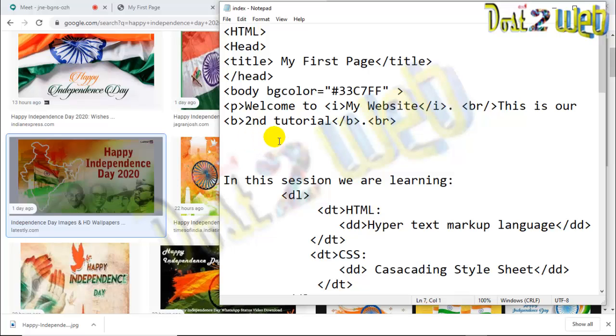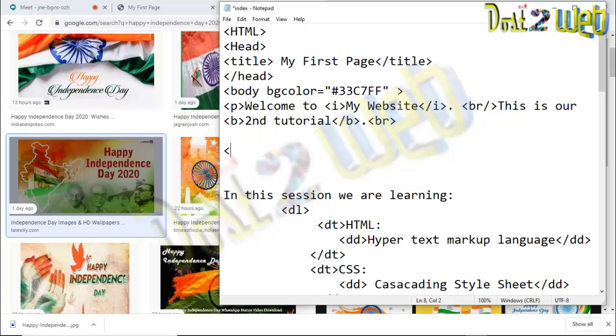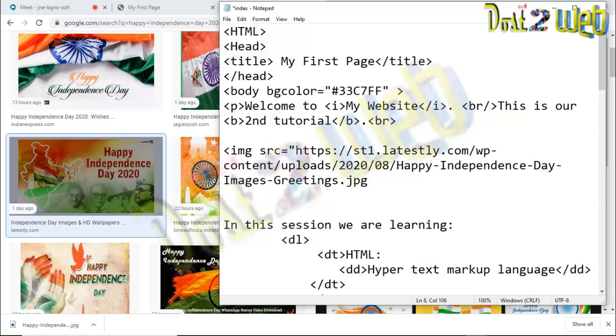As I mentioned, img src is equal to the link where that image is available. So this is the link of the image. I'll close the tag. I'm not using any alignment as of now, so just close it and save it.